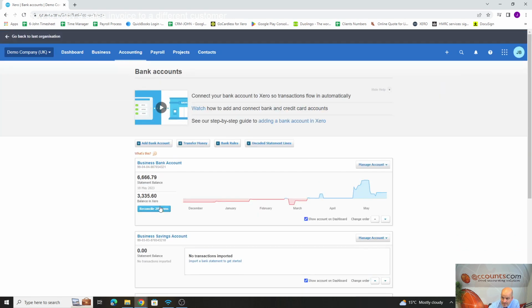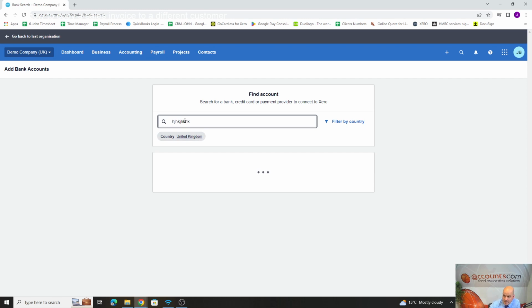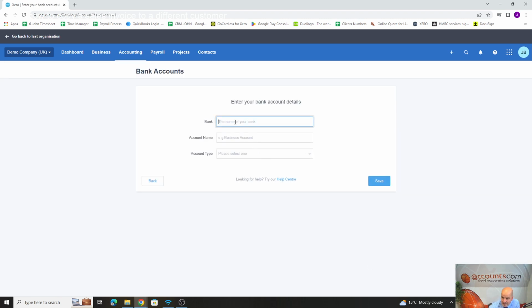But what we would recommend you do is go into your accounting. This is where your bank accounts are. Add a bank account and call it. This search is for actual banks, so you can manually attach them to your direct bank feeds, but we can manually add them here. So if we say directors loan account bank,